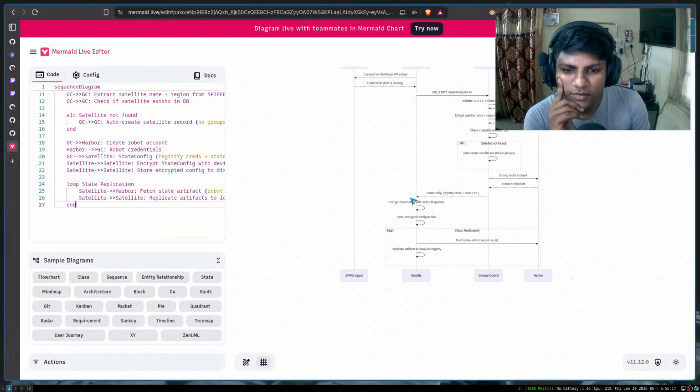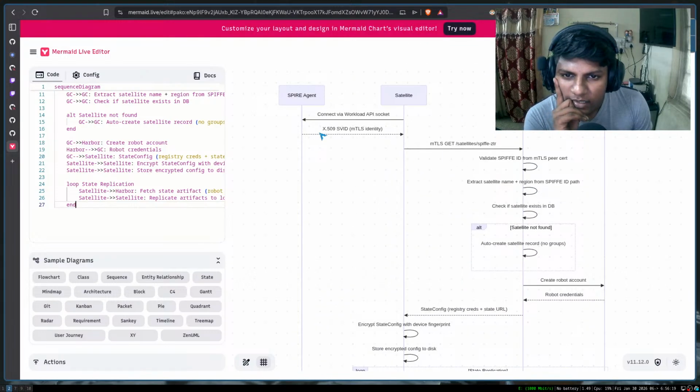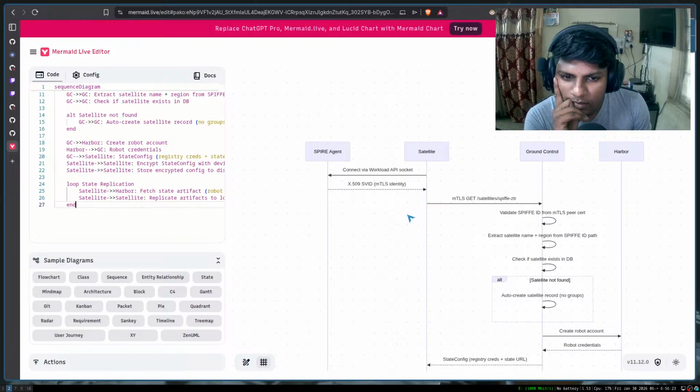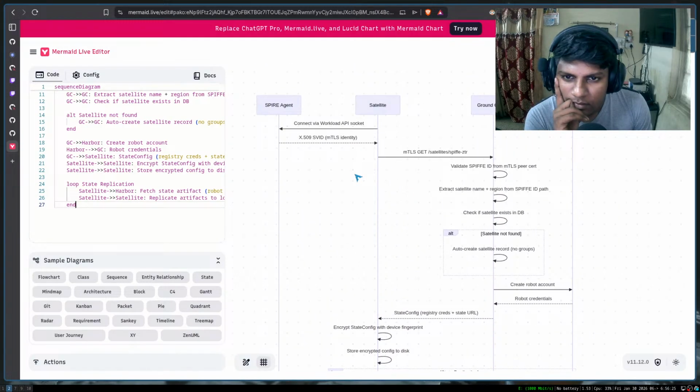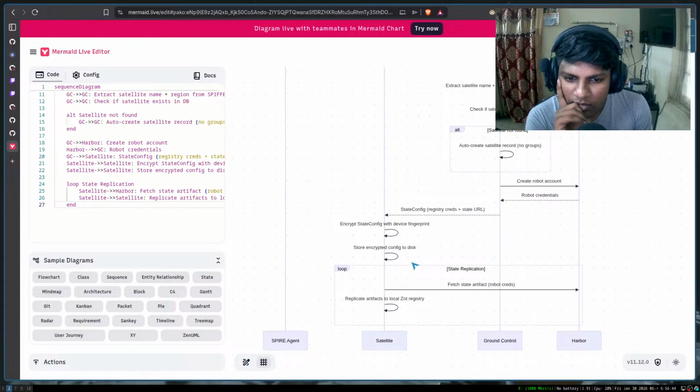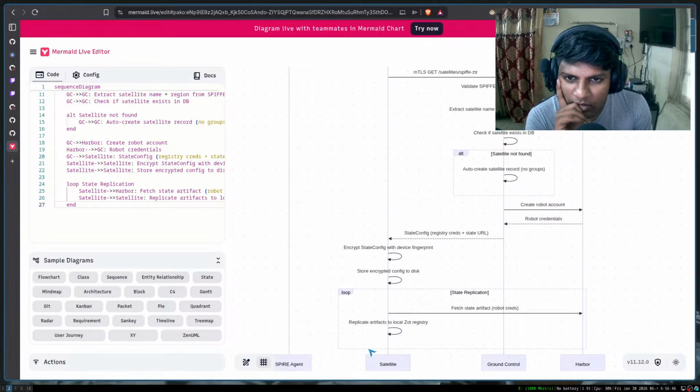Okay, let's see this one. So Spire agent, satellite connect via socket, MTLS identity. So how does that give it? TLS get folder, specify ID from MTLS via SAN name, specify ID path, check if satellite exists in DB, auto create satellite account, no groups, create robot account, robot credentials, give it to that, state config, store and git code config to disk. So